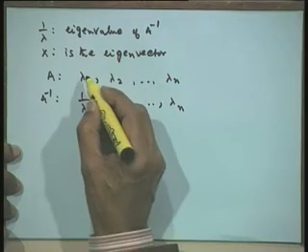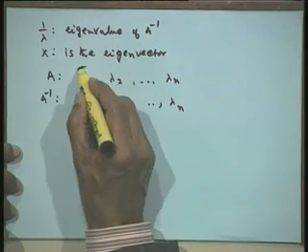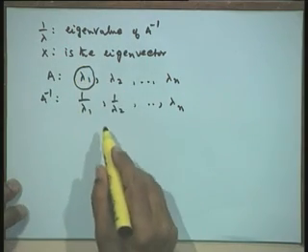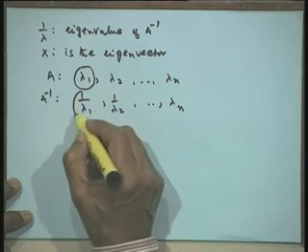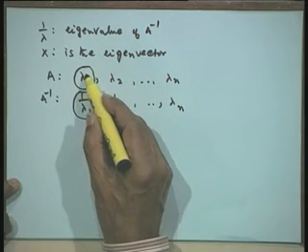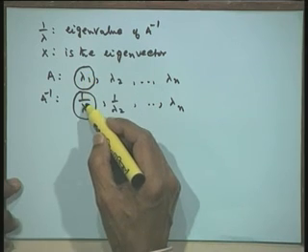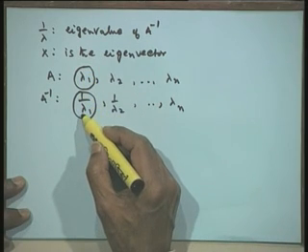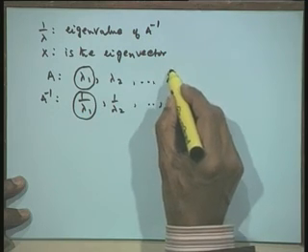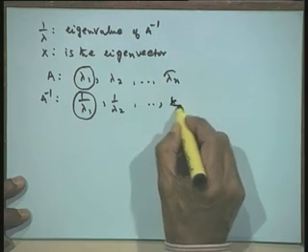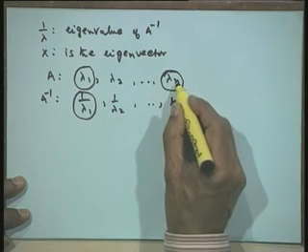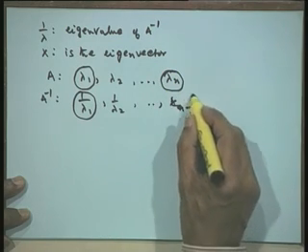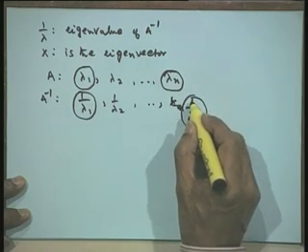Now, the leading eigenvalue of A, that is the largest eigenvalue in magnitude of A, will now become the smallest eigenvalue of A inverse. So, this is the largest eigenvalue and therefore, its inverse is going to be the smallest eigenvalue of A inverse. I should have written 1 upon lambda. Now, the smallest eigenvalue of A will become the largest eigenvalue of A inverse.